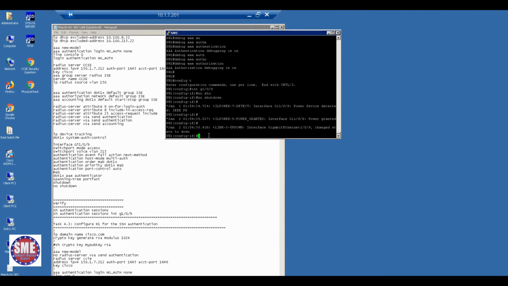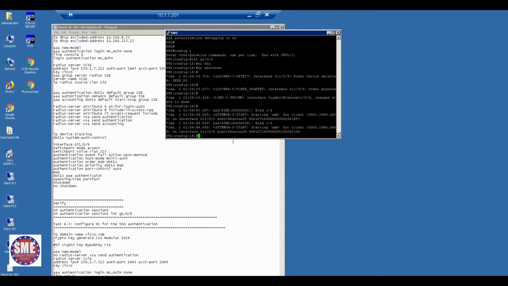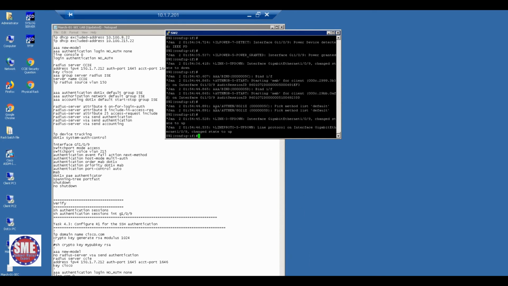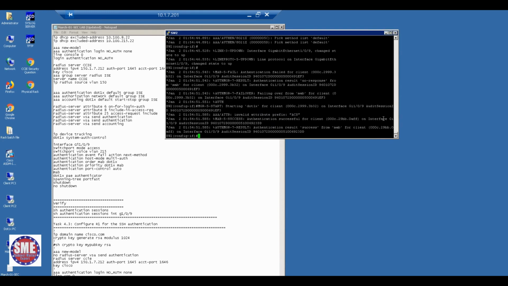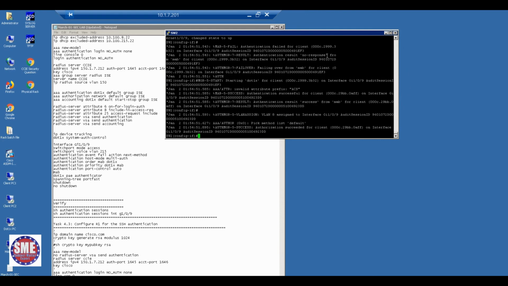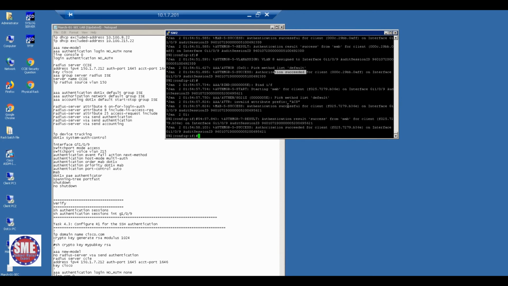See, right now it should pick up that AAA authentication request. You need to generate some request from the client. AAA generated, pick the list of default. You got it? Actually, which list should it pick? The default group. AAA picks the list and sends to the ACS, that means ISE. MAB is success. MAB portion is success.